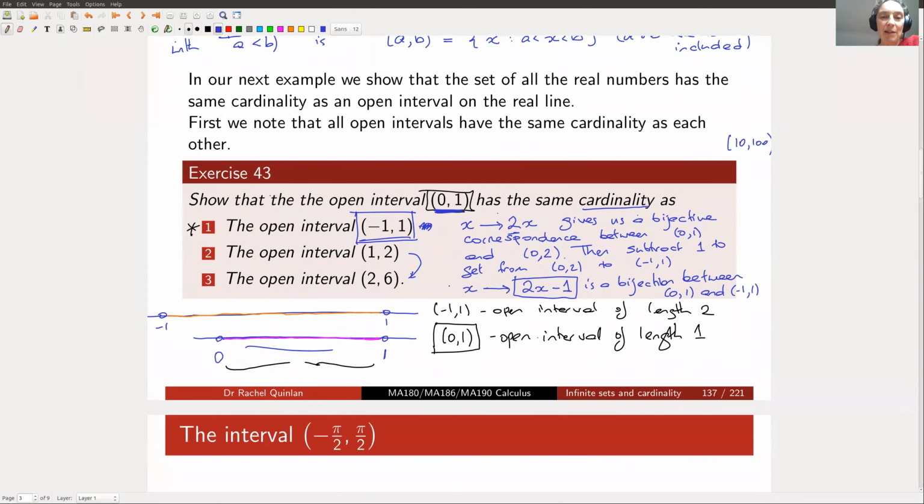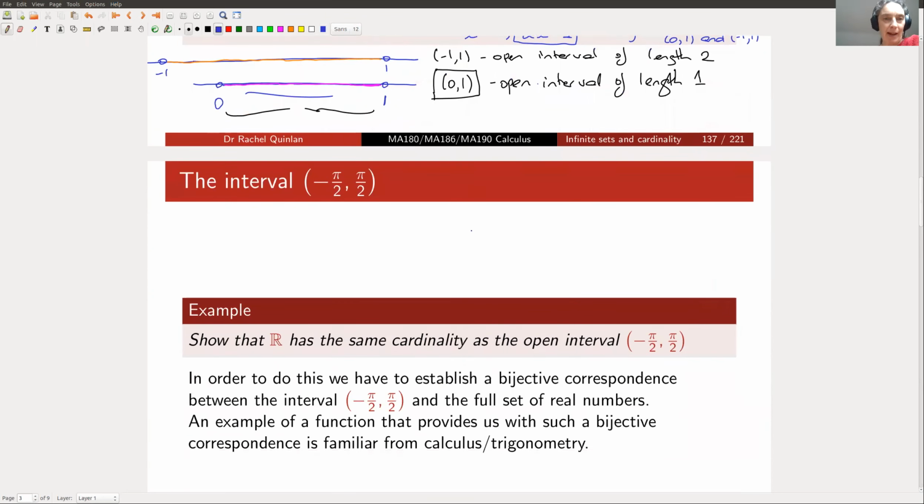So to deal with unbounded ones, we are going to look at another example. This kind of function, x going to ax plus b, is not going to take us from a bounded interval to an unbounded one. So we need a different idea if we're going to be able to tackle that one. So the last item in this section,